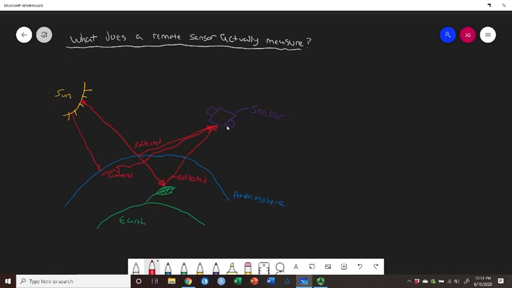So now, not only does the sensor have the reflected stuff off of the intended object, it's having stuff that's reflected off the atmosphere, and it's having some portion of radiation that wasn't even part of this original amount that's being scattered from somewhere else and reaching the sensor. So let's sort of condense that. So currently, under this particular setup here, the sensor is measuring